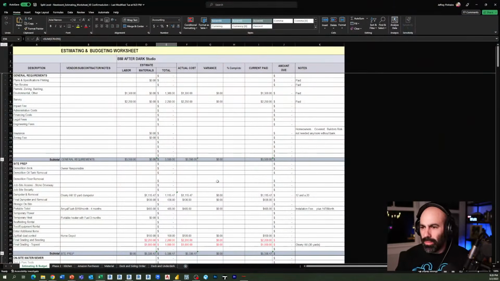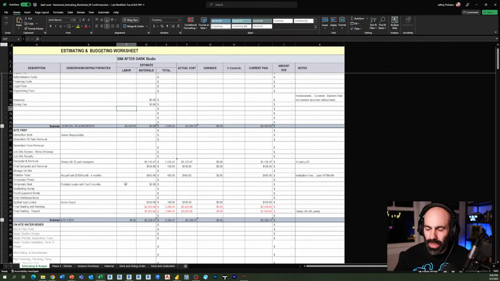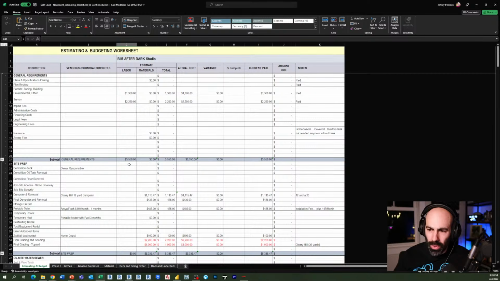Then, as the project developed and became more real, I started mocking up a real estimate. Again, pulling quantities from the model, but then using actual validated numbers from lumberyards, subcontractors, etc. And I started filling that in. What you'll notice right away is that the general requirements and site prep alone was coming out to almost $9,000. And remember, I had like $4,000 in the beginning,